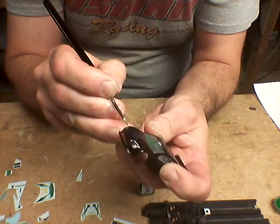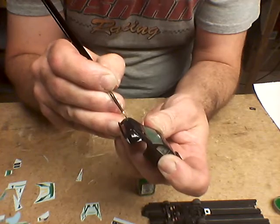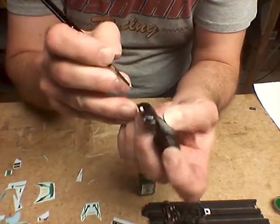Probably going to hear a little bit in the background. My son's in his room, which is right next to the hobby room here. He's blading with his cousins, so